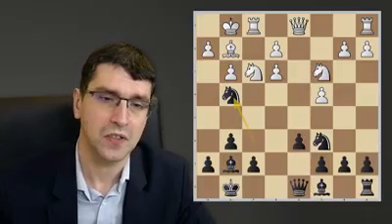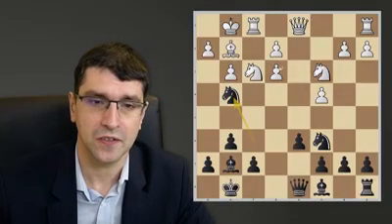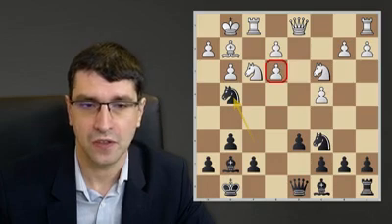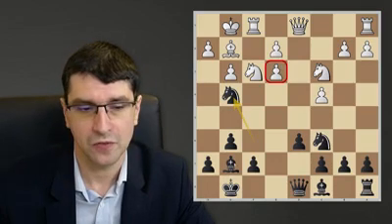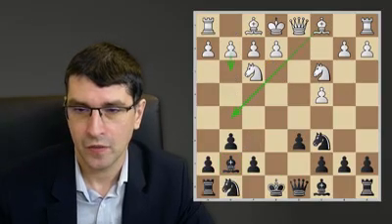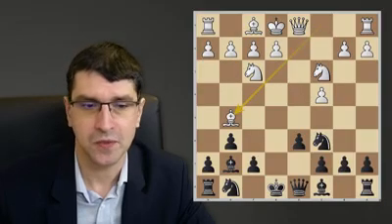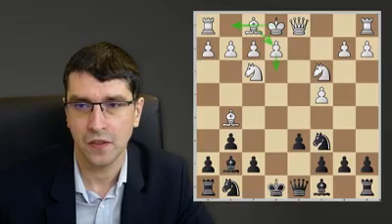I mean, this is a typical exchange sacrifice, and now look at the weakness on e3. And also, we have such a great bishop on g7. But more tempting here is perhaps to go bishop g5 and then to follow up with e3, bishop e2, castle,